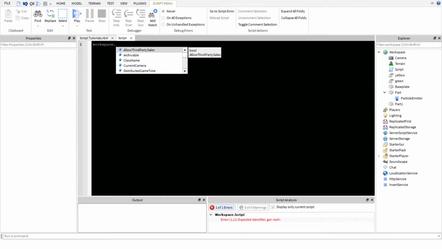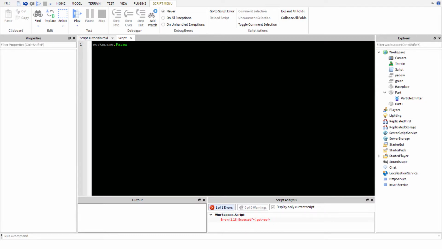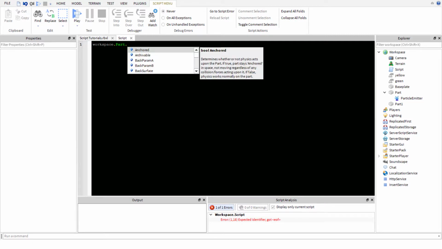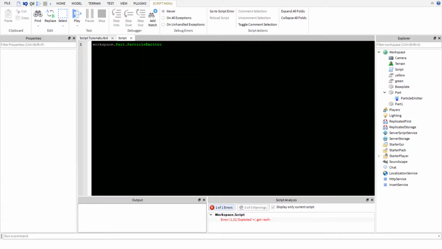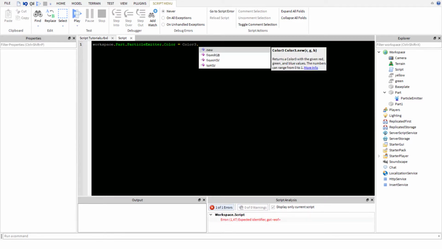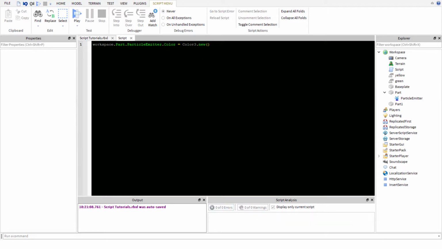And workspace.Part, no, not Parent, Part, right, and .ParticleEmitter, because that's what it's named, and then .Color is equal to, well, you can also write Color3.new like this, and no, there are no default colors, so let's just write 255,